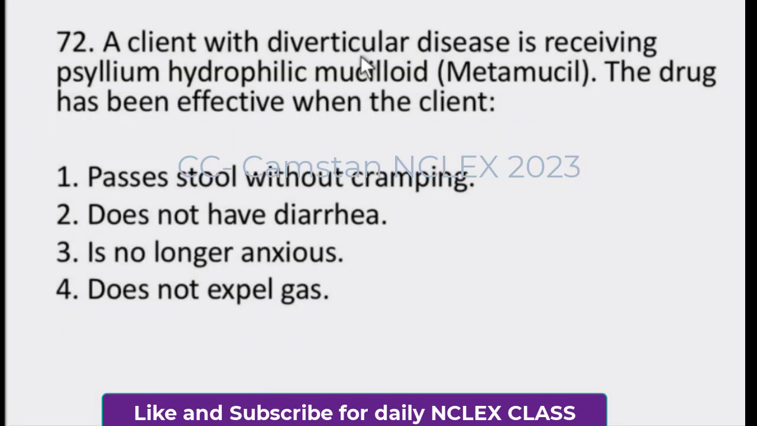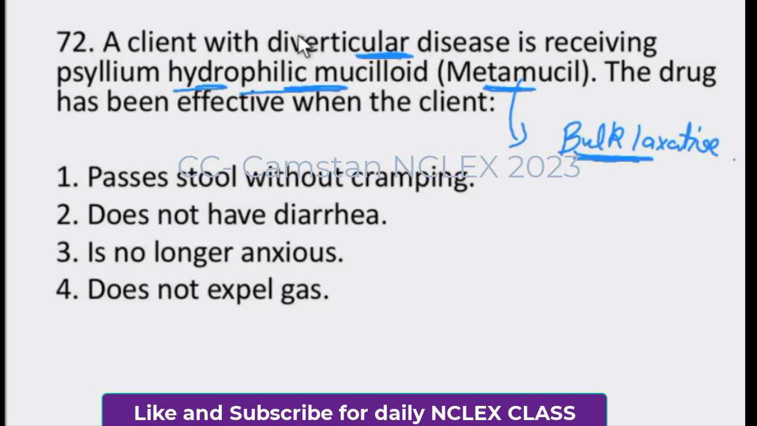A client with diverticular disease is receiving psyllium hydrophilic muciloid, that is metamucil. The drug has been effective when the client, right? So what is this metamucil? It is basically a bulk laxative, and I already told you that bulk laxatives are quite helpful when the patient is having diverticulitis or diverticular disease